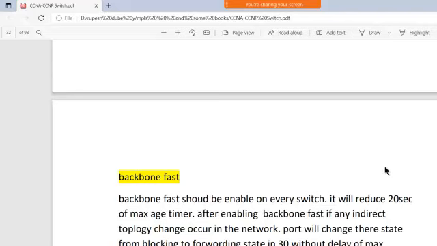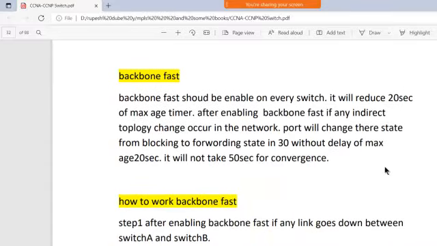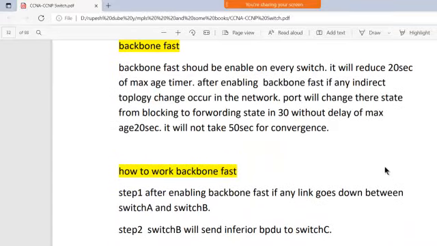You can skip these 20 seconds of root bridge election criteria, that is, for the inferior BPDU and superior BPDU election criteria, you can skip it and directly work on your DP port election criteria, right? So this will move to 30 seconds only, right?